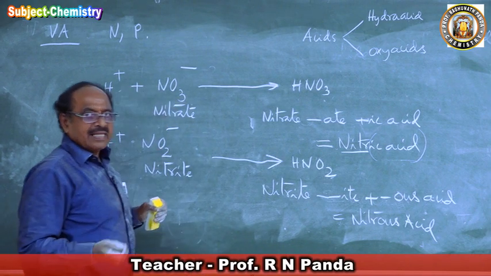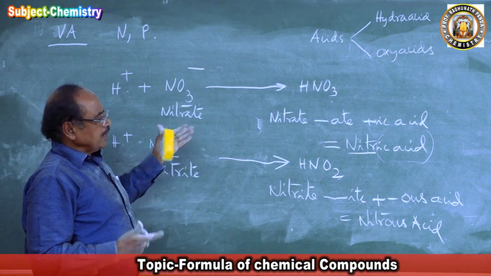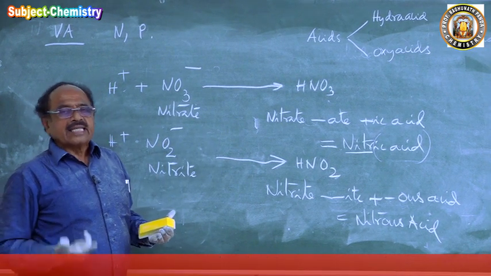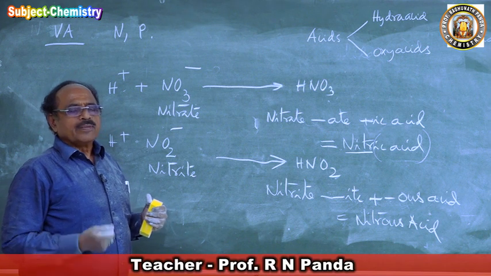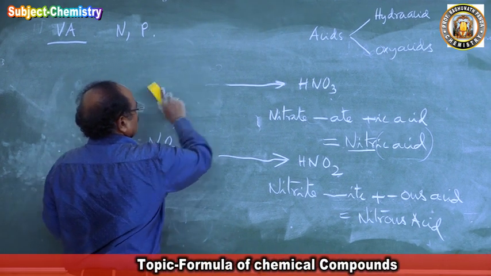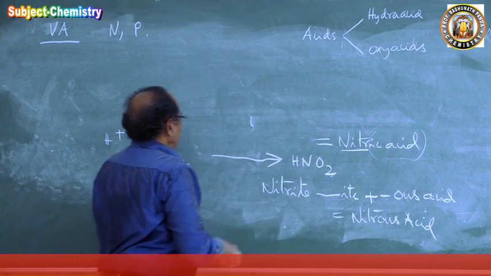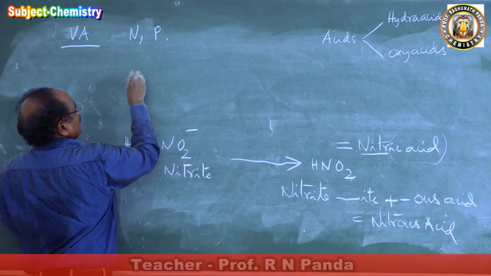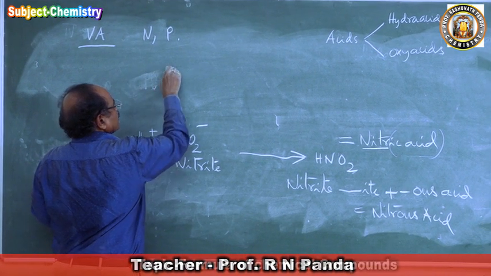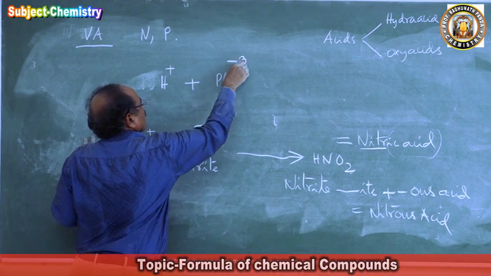Since you are beginning, you are learning chemistry, and if you have a mechanism of yours for how to write, then it will not be difficult for you. You will never feel that you have to remember, never will you feel like that. So let's come to PO4, phosphate. Phosphorus forms phosphate. PO4, it will combine with which? H plus will come. What is the radical? PO4 minus 3. Phosphate.